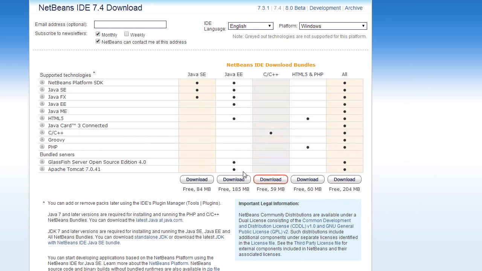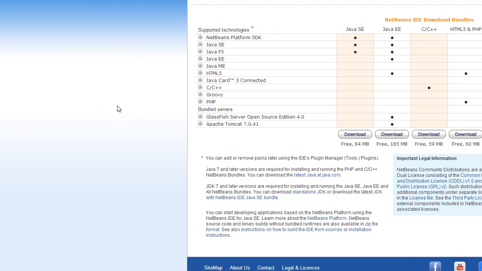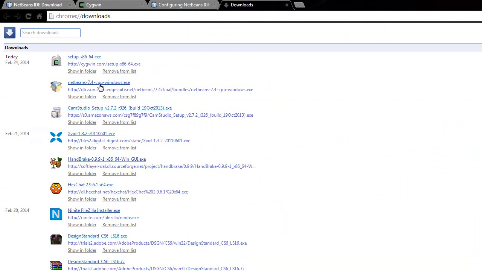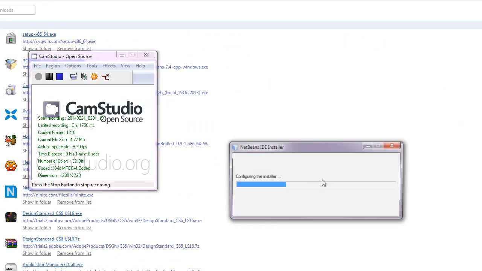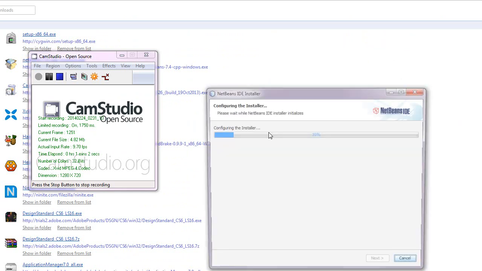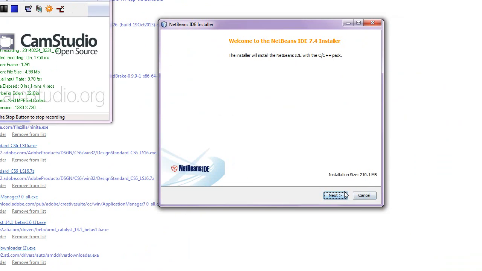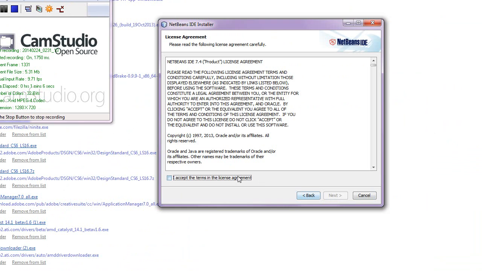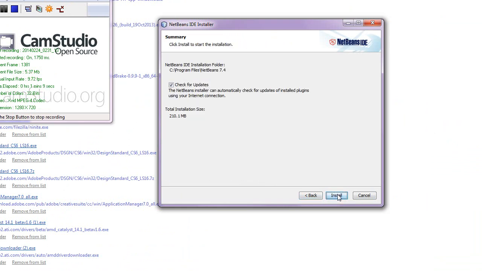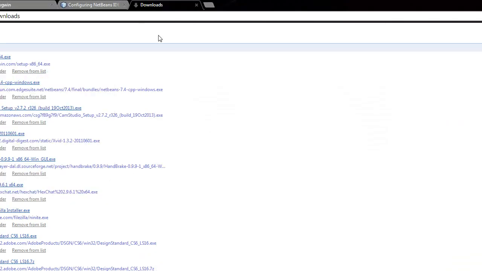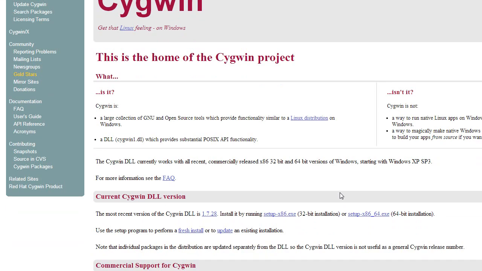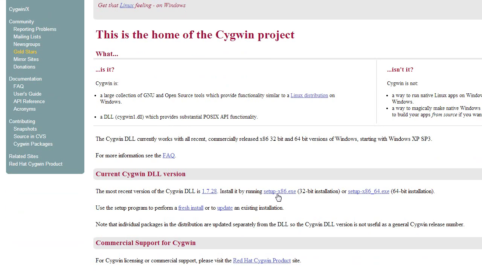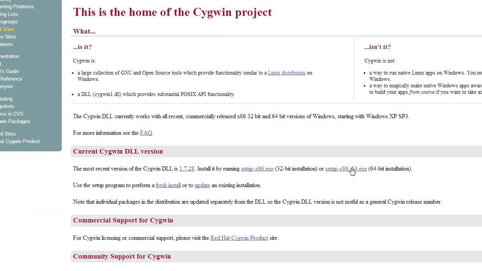a few universities now. So when we finish downloading, we can go to our downloads folder, and we can grab the installer. It will load, and we can hit next a couple of times. The Netbeans installer is very, very straightforward. The Cygwin installer is available at cygwin.com, and there's going to be two options, a 32-bit installation or a 64-bit